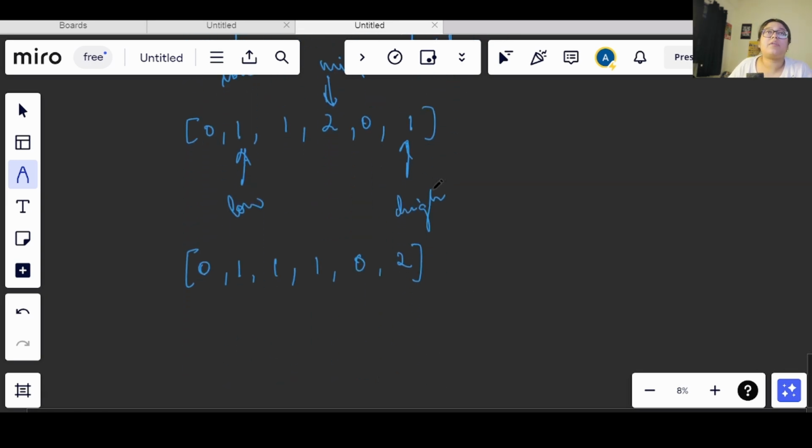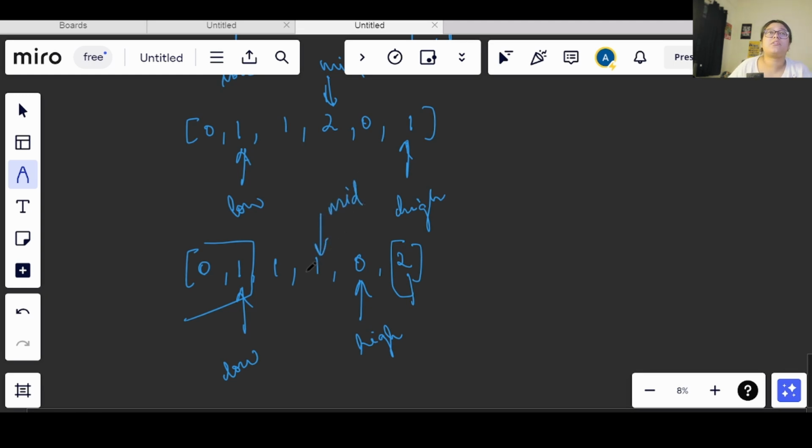What I will do now is only decrement the value of high. Why do I say that? I know that if I am pushing a value to the end, that is 2, then that part of the array will be sorted, and till the index that I have at low, that part is also sorted. So therefore we will only move high, and the mid value will still be here.